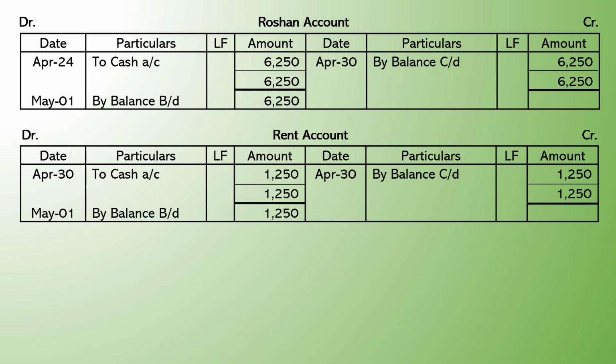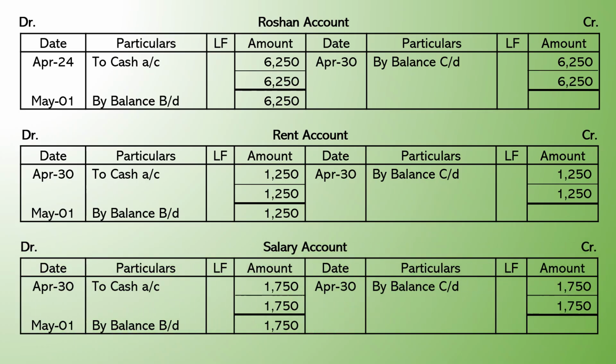as balance carried down on the last date of the month, by which the total on both sides of the ledger will be equal. Thereafter, on the next date, carry down balance with the amount to be brought down on the debit side. For the transaction dated 30th April 2025, in the cash book, salary account appeared on the debit